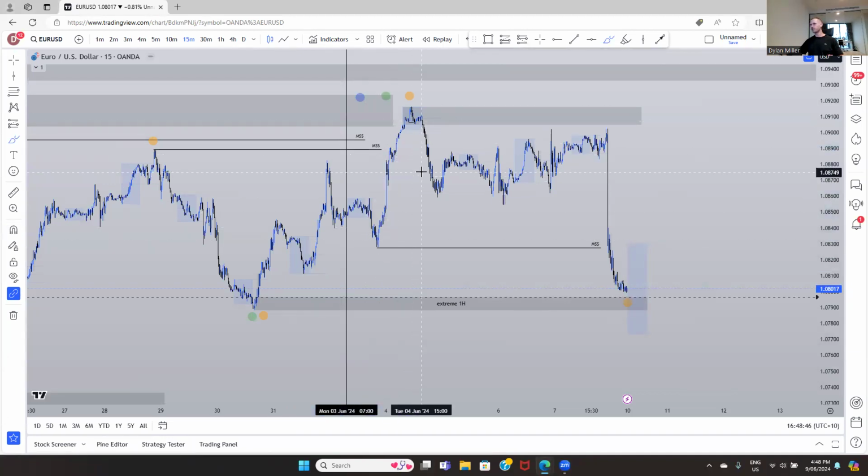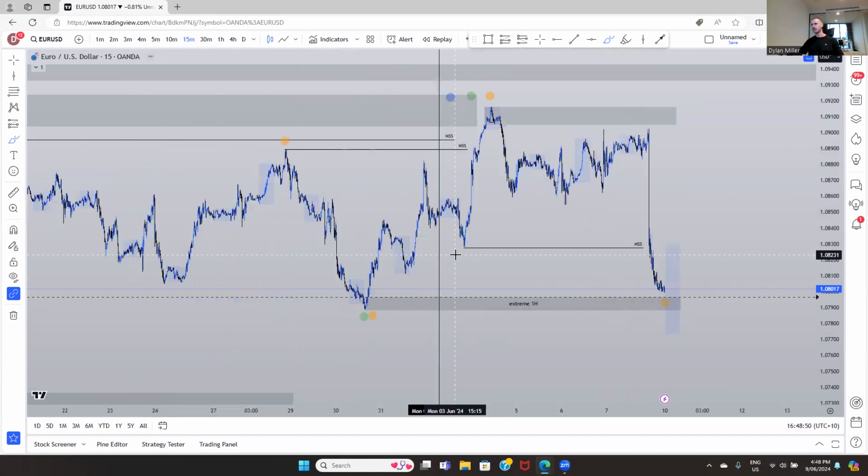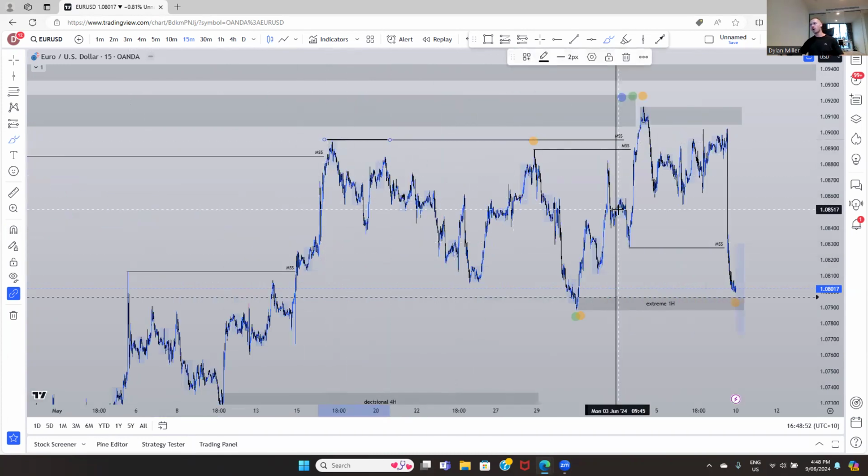From there, with the push of news, we had price come up and break our external high that we had on the 15-minute, break the 4-hour high and also the 1-hour high, showing us that this leg down here was a sufficient retracement for price to then be able to come up and push the external high, giving us a new external hourly and 15-minute range. From there, had a massive week of consolidation.